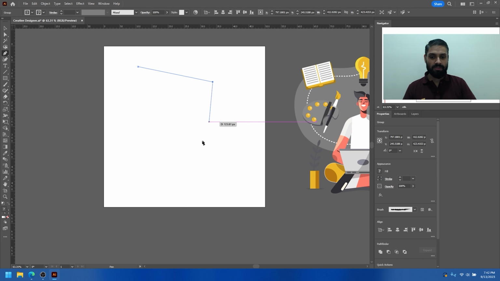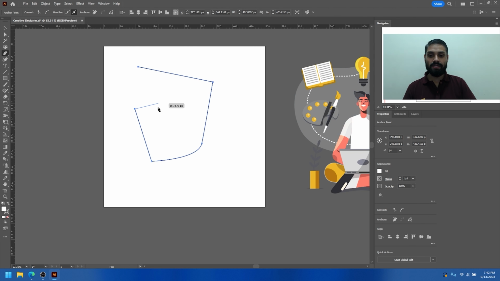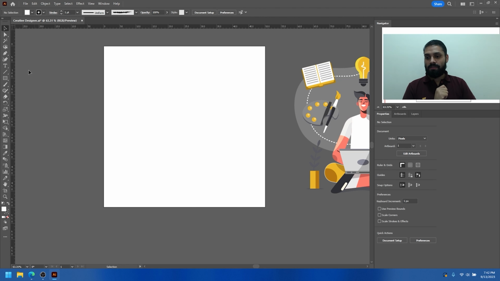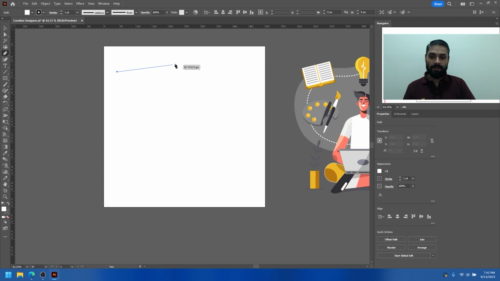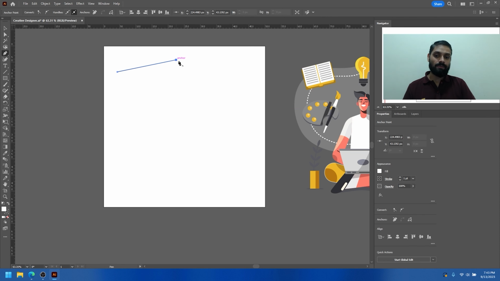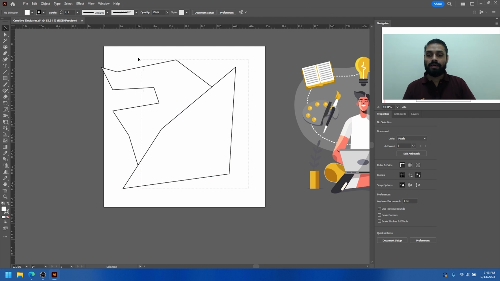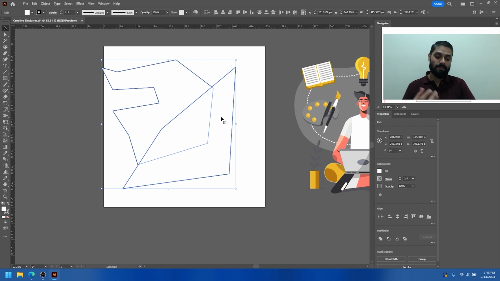The pen tool is just a tool to create multiple shapes. Whatever you want you can create. There are two simple, different ways to use the pen tool. For example, the first one, I'm not clicking and dragging, I'm just clicking only. I'm not dragging anything here, just clicking, and I am ending. So if I just click and click and click and click and click,